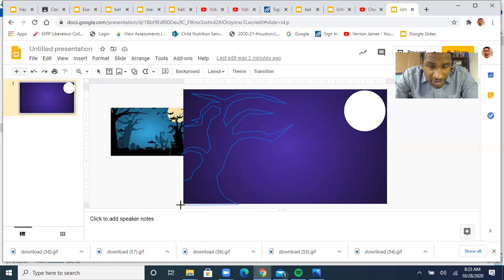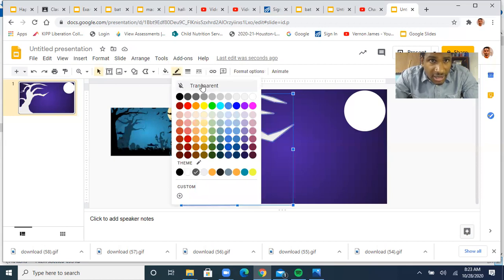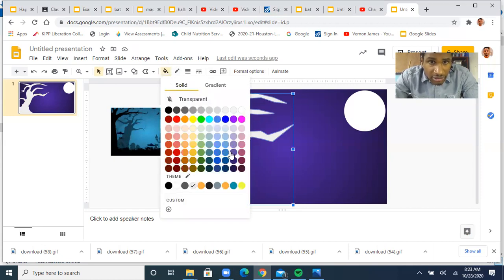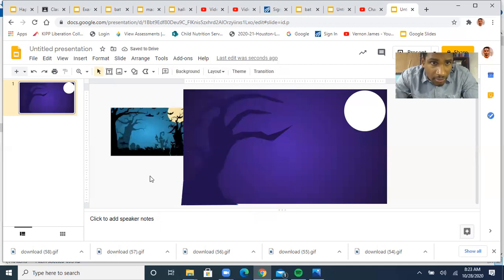Sorry, I'm almost done. So I clicked at the bottom, like off the page, and now I'm going to go right back to where I started. Bam, then it fills in. So that's going to be my tree. Obviously, this is going to be the wrong color. So first thing for this one, I'm going to say border color. I didn't say it before, but remember the border color is the pencil. Then next to the pencil is the cup. Click on that, and I'm going to go to purple